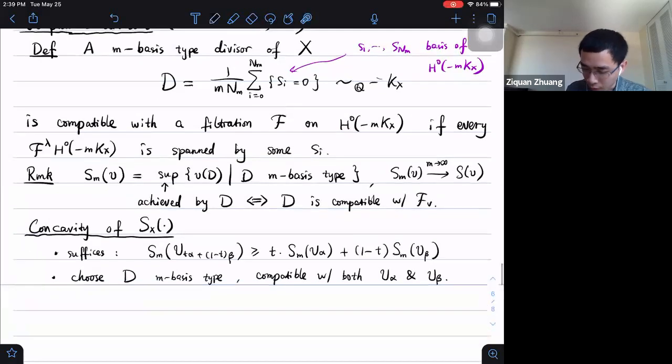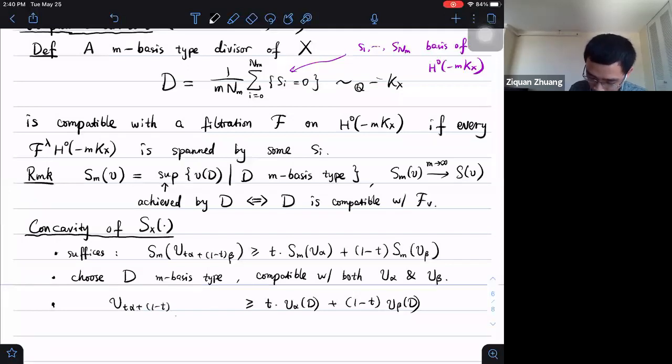Okay. So if I look at the right-hand side, I'm just taking the vanishing order of this divisor D. Then the right-hand side becomes V alpha of D, and then 1 plus T of V beta of D. While on the left-hand side, I know it's at least the value of D along this intermediate valuation. So we want something like this. So in fact, this is always true